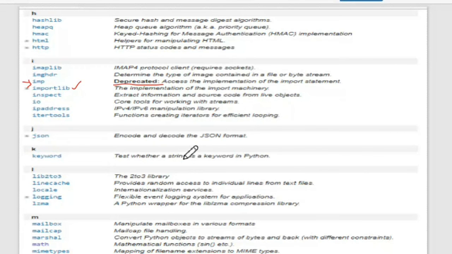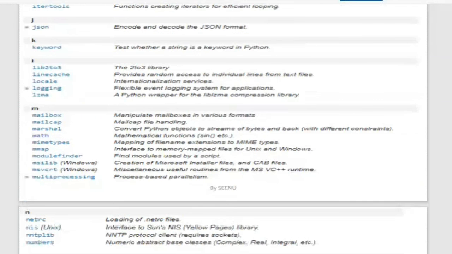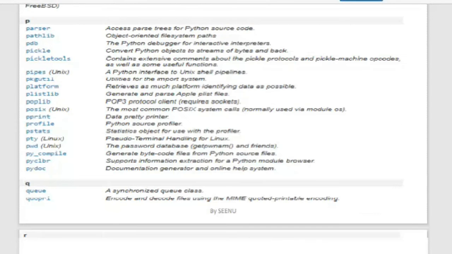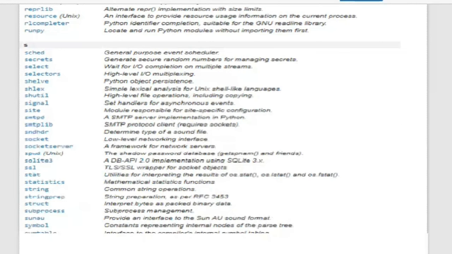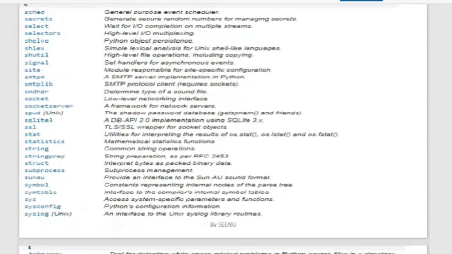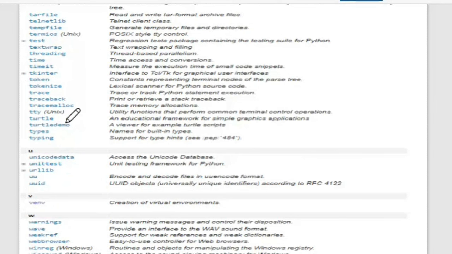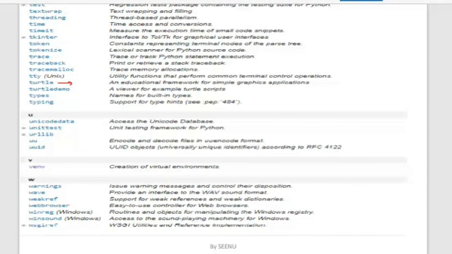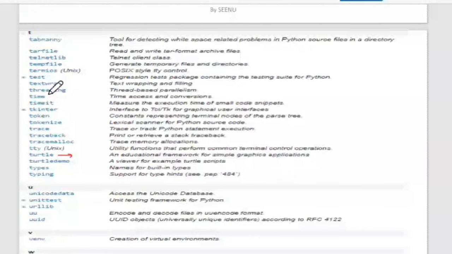Another very interesting module is the turtle module, which is used for graphics. The time module is used to get the system time, which is important for transactions.